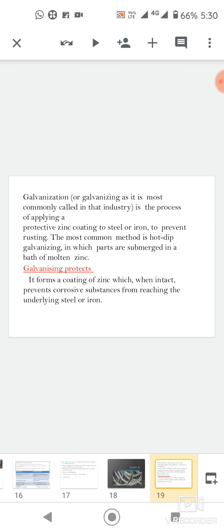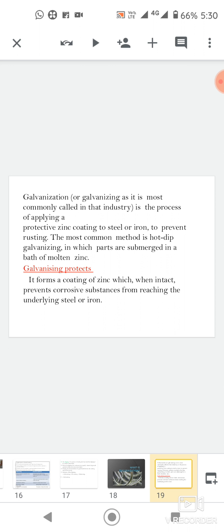After cleaning, the articles are dipped in a bath of molten zinc maintained at about 450 degree centigrade. In galvanizing, the zinc coating results due to the tendency of the molten zinc to diffuse into the